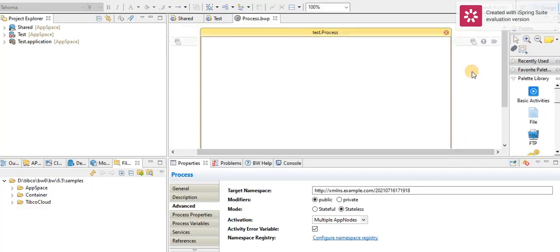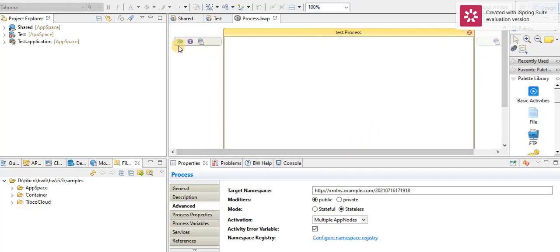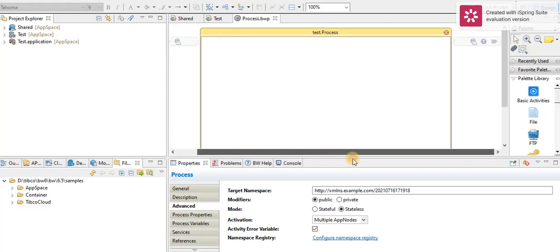Moving to the right side of the screen, we have 3 more icons. These icons are used at the client implementation, whereas the icons at the left side of the design area are used at the server side implementation. So moving to the right side of the design area, these icons create a reference to invoke the REST service or the SOAP service. So this first icon creates a REST reference to invoke a REST service. This one creates a reference to invoke a SOAP service at the client side.